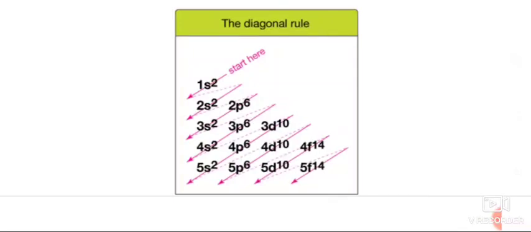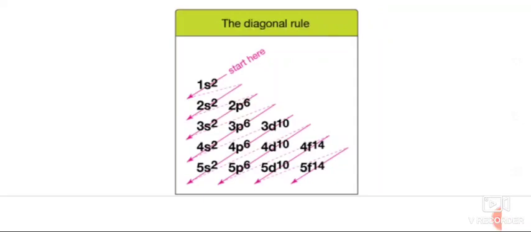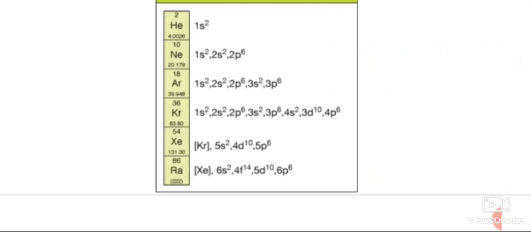While showing the electrons in a box, we have to show the upward arrow as positive spin, and the downward arrow shows the negative spin. So this is the way we fill the electrons in the particular shells, in a box. When you see 1s2, 2s2, if you practice this, you can write the electronic configuration of any element in such a way. So here we have the electronic configuration of noble gases.